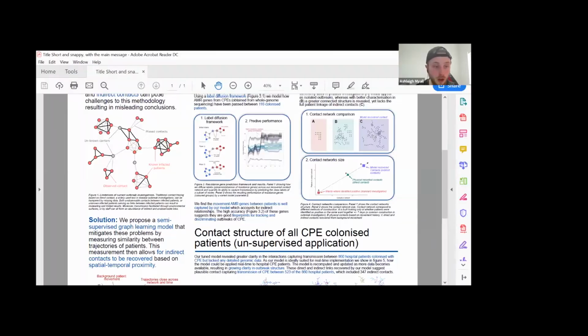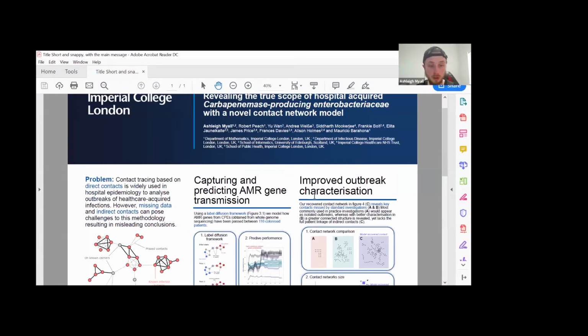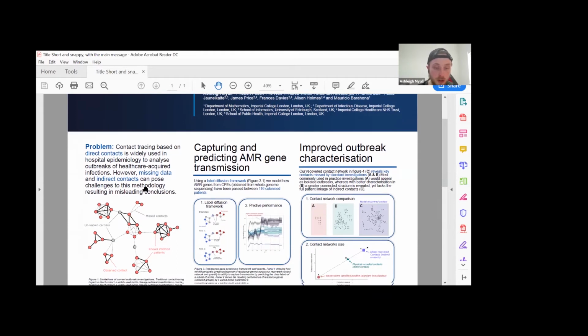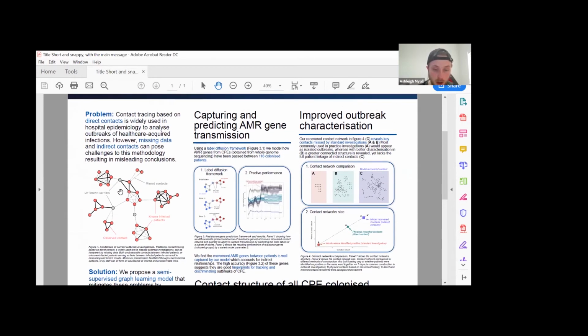Okay. So this poster is a summary of some of the work that I've been doing looking at uncovering the full scope of CPE transmission between hospital patients, which is missed by standard contact tracing investigations. Essentially, what we've done is introduce a novel contact network model to recover indirect transmission, which encompasses many missed pathways of disease transmission. So looking at outbreaks in hospital is often done with contact tracing like here, which tries to